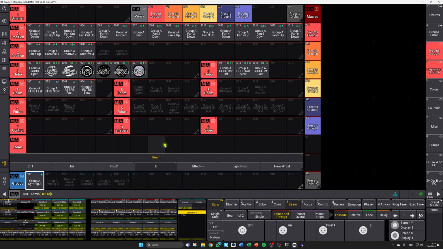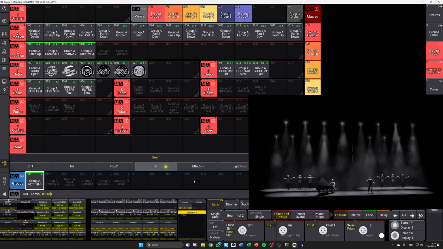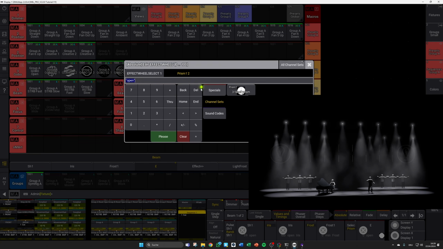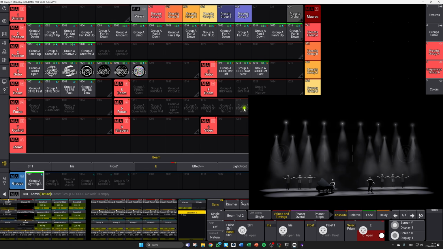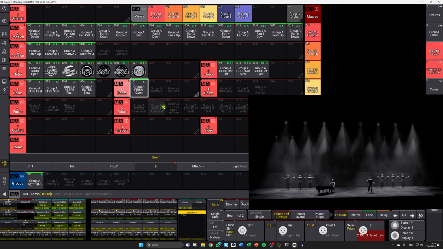So for the prism, we simply continue in the same pattern, select our groups, bring them to full intensity, and let's have a look where we find the prism. There it is. We will now do it by clicking in here, so that you also see some different way of setting those different feature sets. So yeah, basically we can choose between open and a 3-facet prism. So we choose open, say store this first preset, select the 3-facet prism, store this second preset,